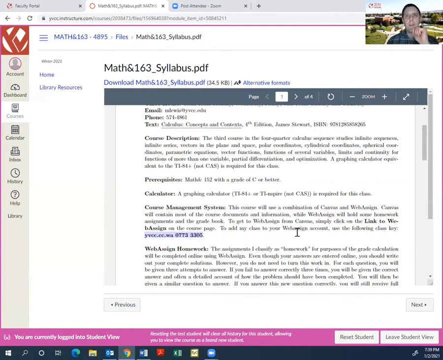Okay, I'll let you read through the rest of the syllabus and all the class policies and things like that. A lot of it I'm just going to be explaining verbally right now, but do take a read through and let me know if you have questions. But take a note of this code right here.